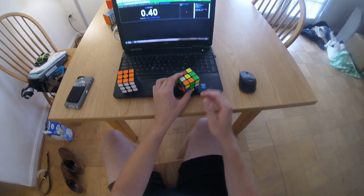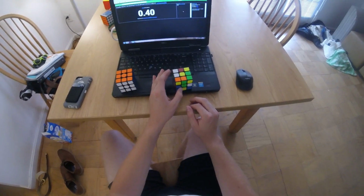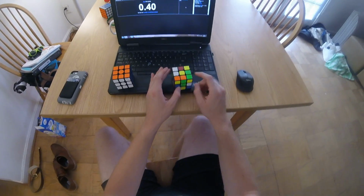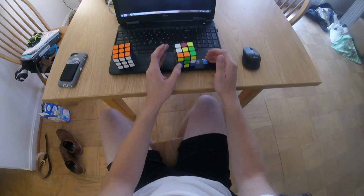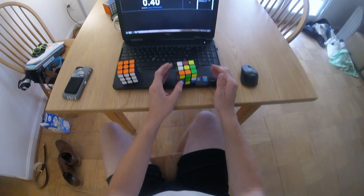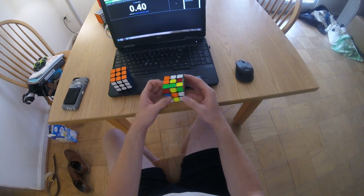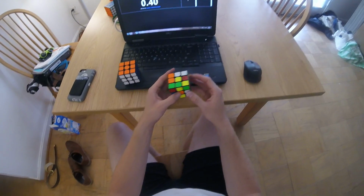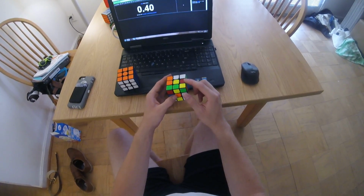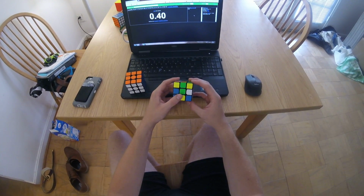But the way that I like to think about it and the way I like to practice sometimes, and this actually works especially if you can't do your cross in one look, is to blindfold yourself after inspection and see how many moves you can do while keeping the cube, keeping your cross intact. So for example, what I would look for here is making my cross. I know that I can one look this, but it might be a little more challenging if I try to go for this pair. So blindfolding myself now,